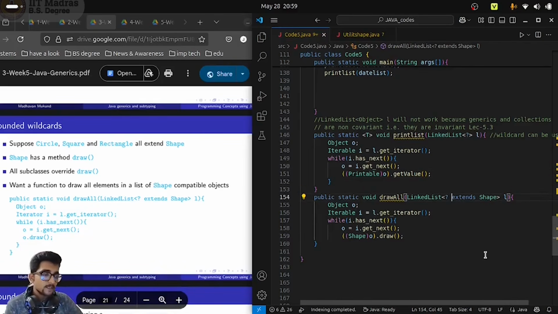So it is a wildcard which is bounded by a super type. This is also allowed the other way around. We also have something called super shape. In place of extends, I can write super shape, which essentially is the reverse of what extend means. If I write question mark extend shape, I will accept any class which is a subclass of shape. Whereas if I write question mark super shape, that would mean I will accept any class which is a super class of shape. So I can write it as super